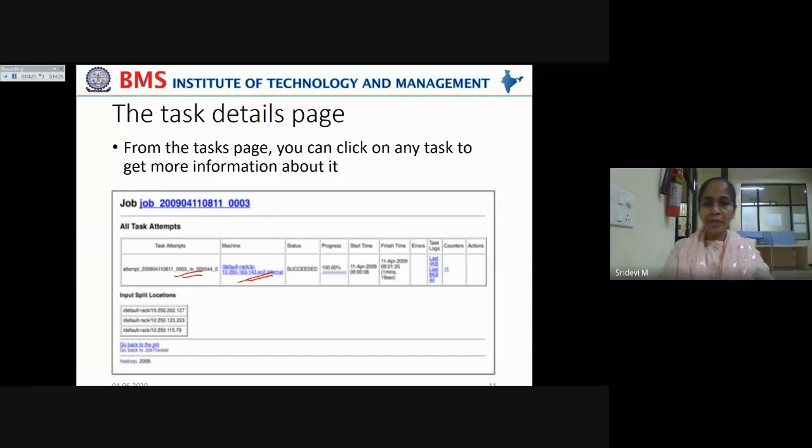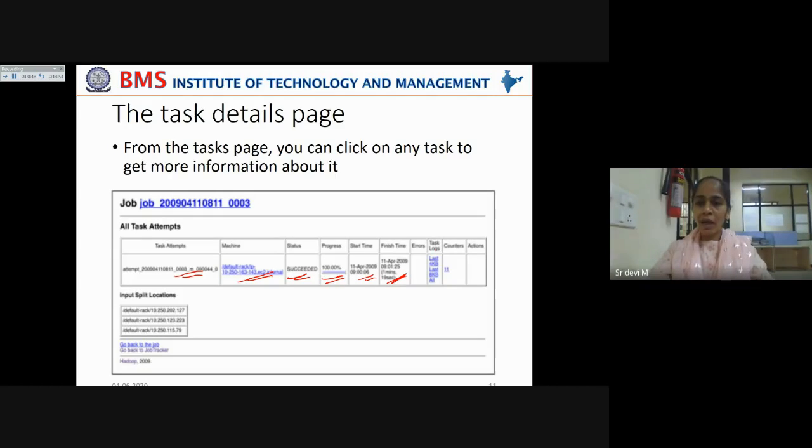That information is given in the second column. The status of the task, whether it has succeeded, is pending, has had an error, or has been killed, can be seen in the status column. And you also see the progress of this task, and its start time and end time.